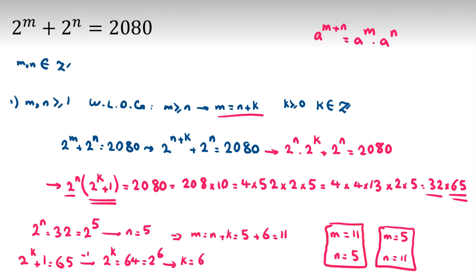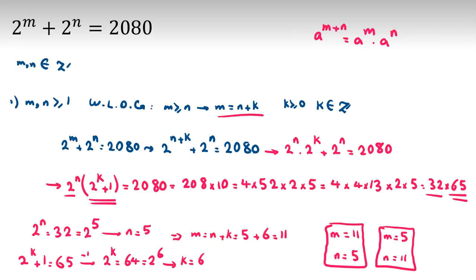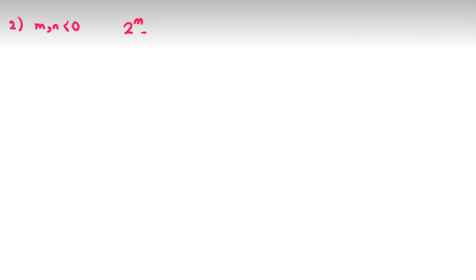Now, let's check the case that both of them are not positive. So, one of them is 0 or a negative number. Let's consider case 2. If both of them are less than or equal to 0, let's check this case first. Then 2 to the m plus 2 to the n, we know it's 2080. But